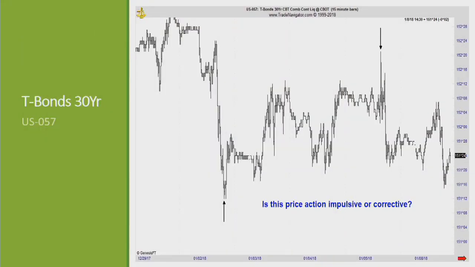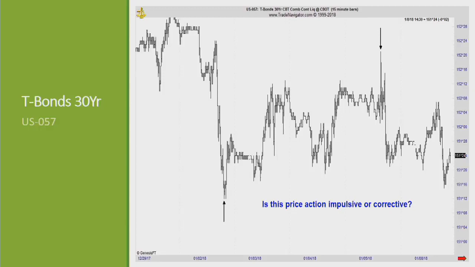Okay? What do we have here? Now, when you're looking at this, don't be Alice in Wonderland. And when I say Alice in Wonderland, I mean fall down the rabbit hole where you look at this and you get lost in the structure. You're like, okay, I don't know what label that is. I don't know what wave pattern that is. I don't know what degree to put here. I don't know if I should put a 1, a 2, a B, an X, a W. I don't know. Don't do that.